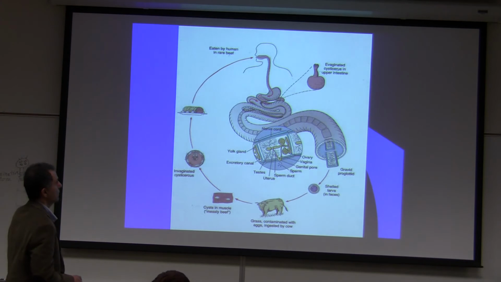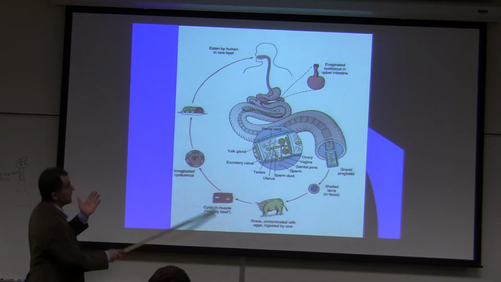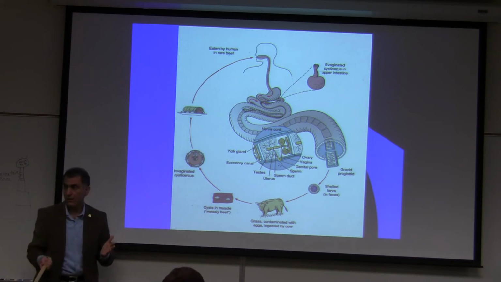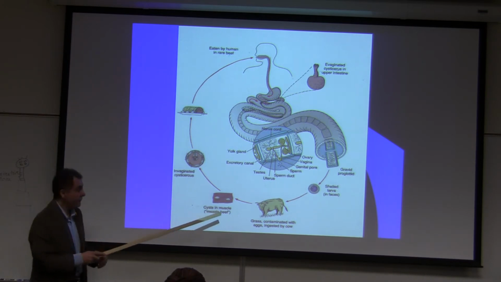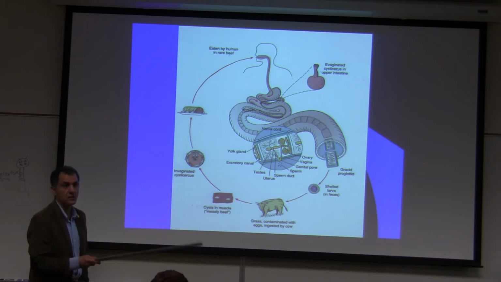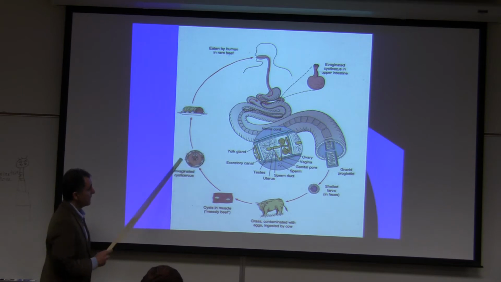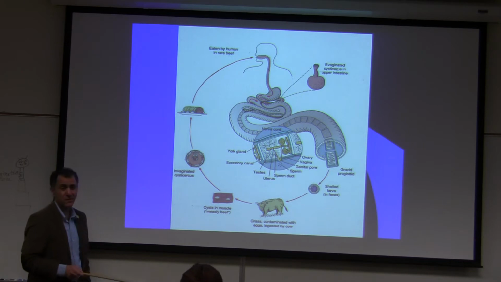I hope the picture, here we go, great. This is from your textbook. It's a life cycle, so it doesn't matter where I start. Let's start with beef. If you eat raw beef, and only beef, Taenia saginata, it's in beef. If you eat raw beef that has the invagination of cysticercus,